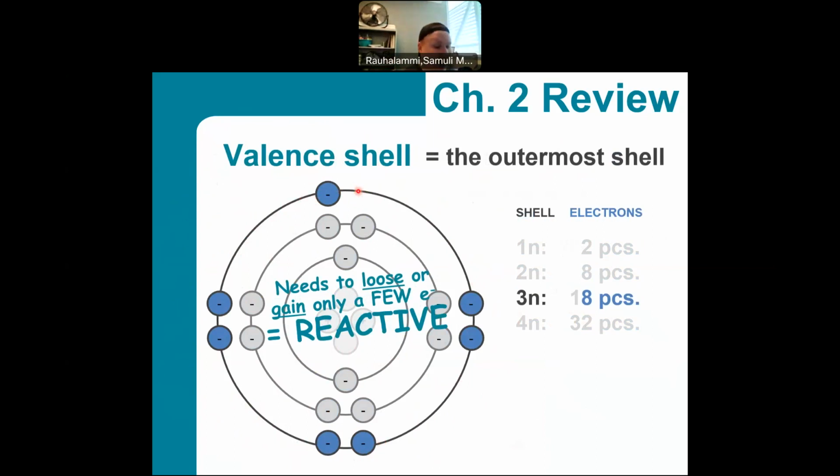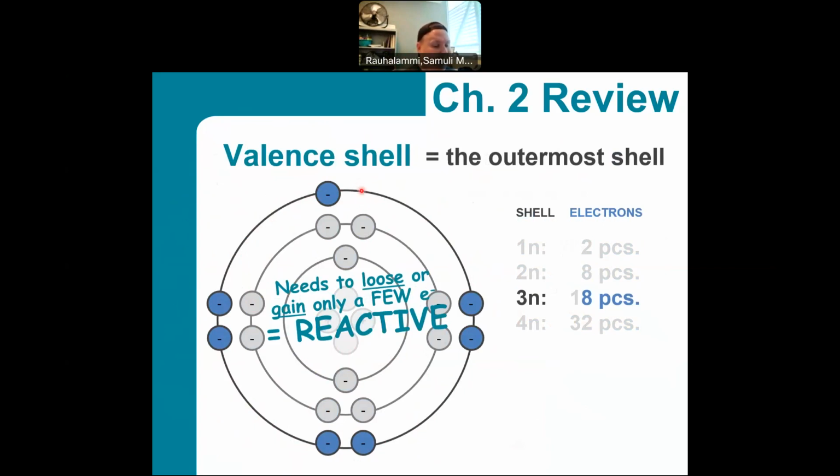Well, in this case, for this particular atom that we're seeing here, on the third electron shell, which is the valence shell of this atom, we have 7 electrons currently there. This atom is going to need only 1 additional electron, and it reaches that stage of being stable, having a